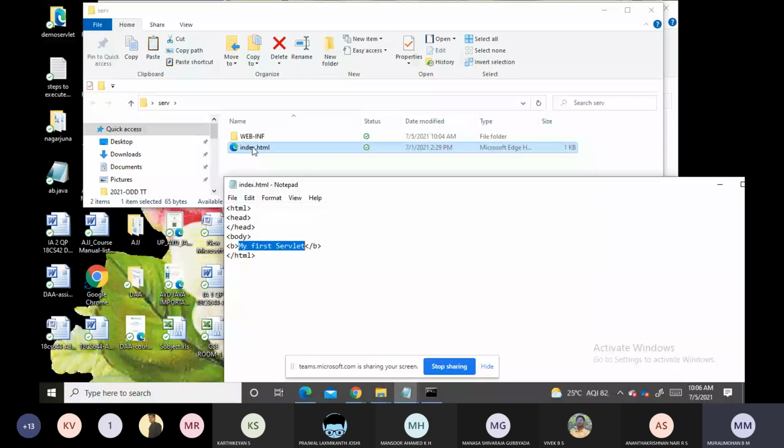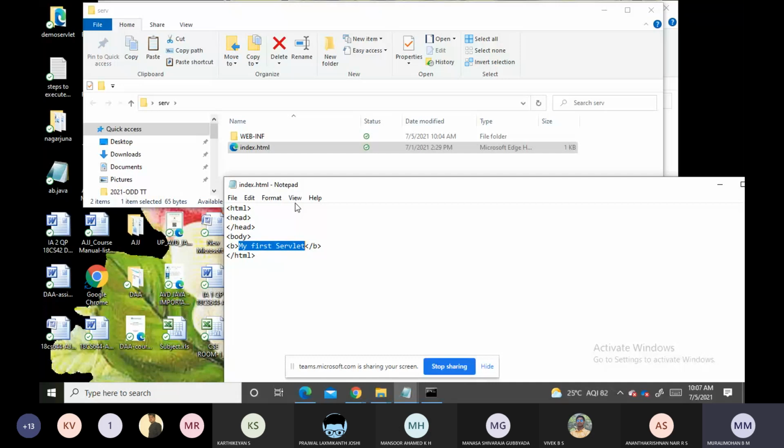Later, based on the application we are going to design, that particular part of the HTML code can be written here. Suppose you are having multiple HTML files, then you can use hyperlinks and you can design your web page.